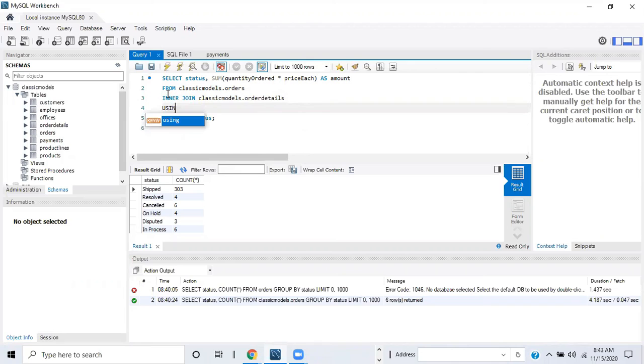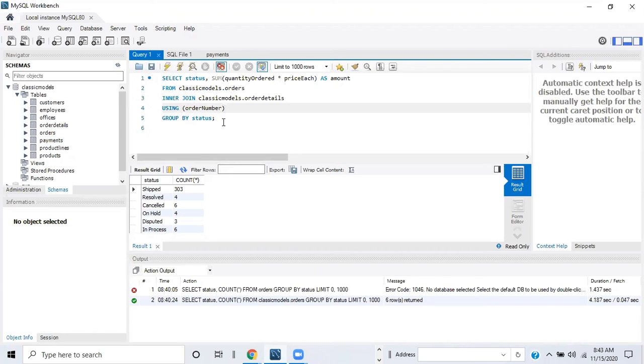remember, we can use the using operator for our join only when you're comparing a column between two tables and the column name on both tables is the same. Otherwise, you have to use the operator on, and it would be on, and then the column name from the one table equal to the column name from the other table. So in this case, the column name we're going to be looking at and comparing to is the column order number, and that column name is spelled the same in both the orders table and the order details table. So I can use the using operator for my inner join, and I will do order number,